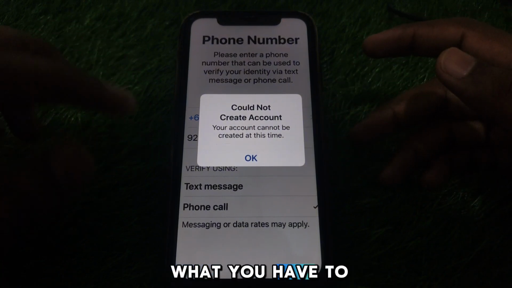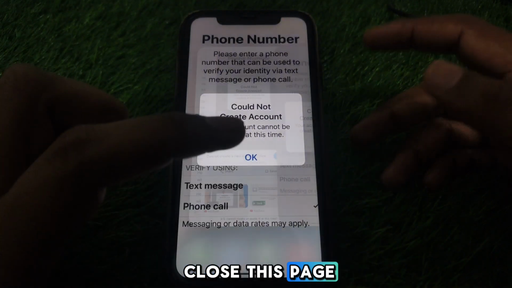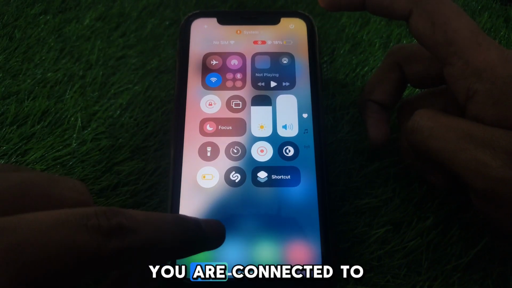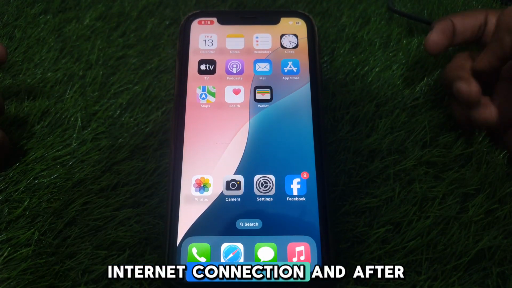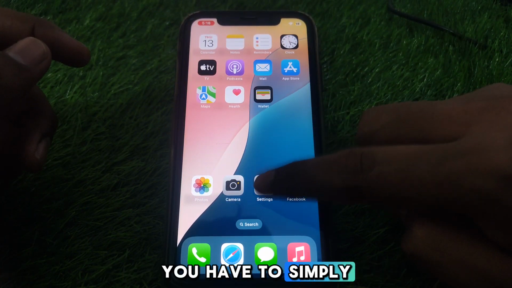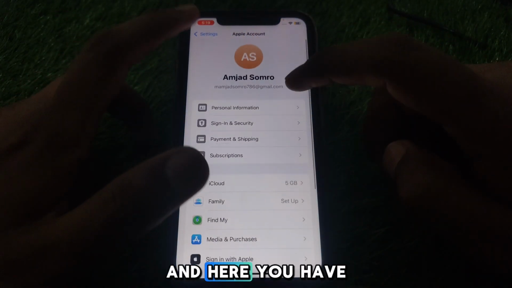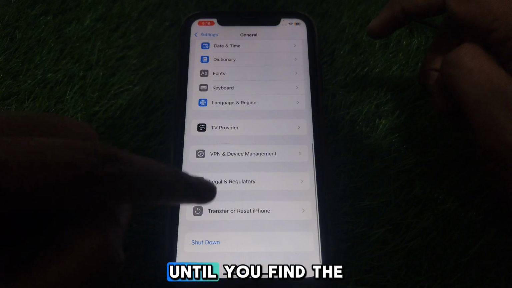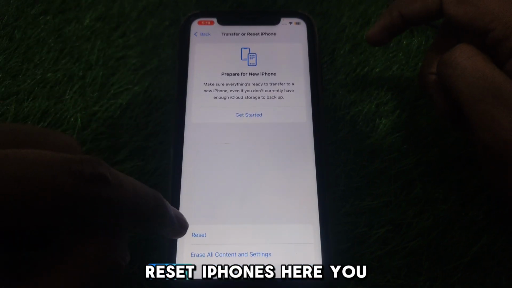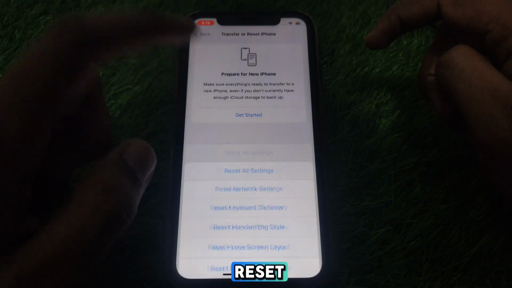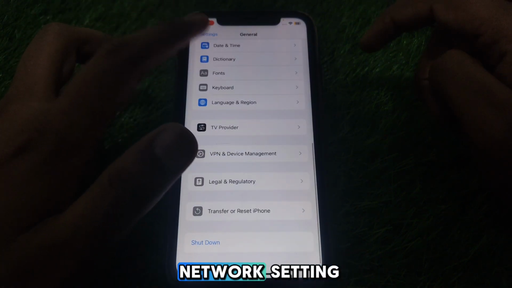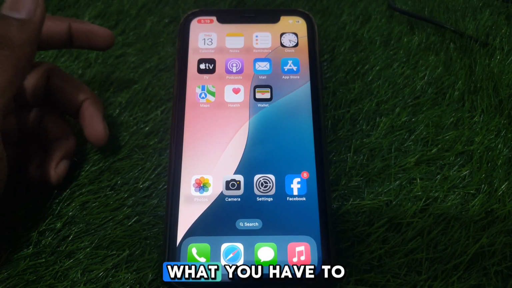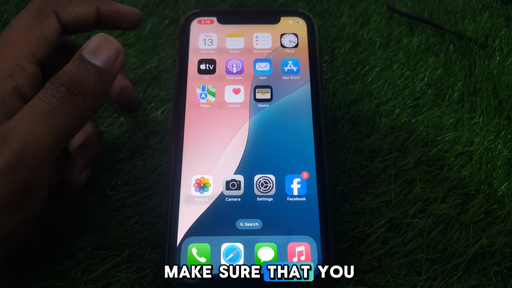First of all, you have to simply close this page, and after closing this page, make sure that you are connected to a proper Wi-Fi or internet connection. After that, go to Settings, and here go to General, and then scroll down until you find the option of Transfer or Reset iPhone. Here click on Reset and reset all of your network settings. After resetting all of your network settings, make sure that you have